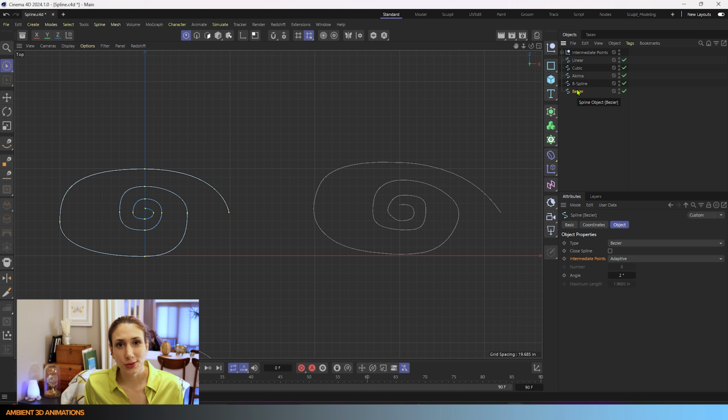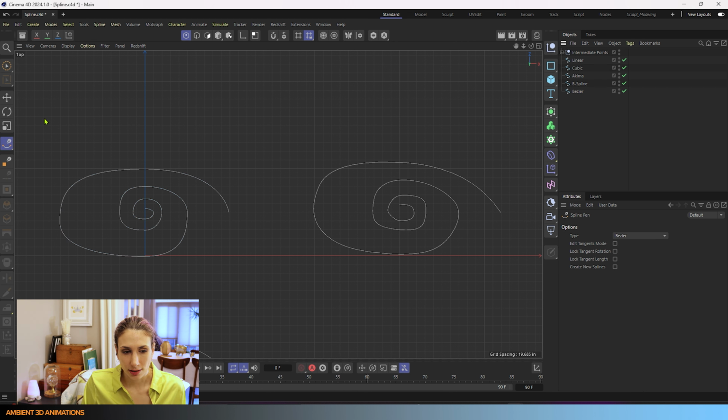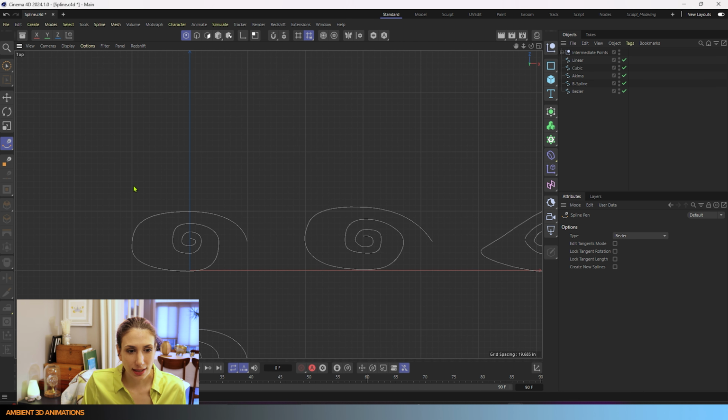You have a lot of control over the curvature and a lot of control over the shape. For example, if I grab my spline pen tool here, I'll create a new spline here, and you can create a spline that has some curves and straight edges. If I just click, you'll see we have points.